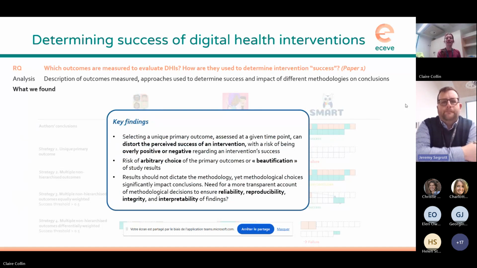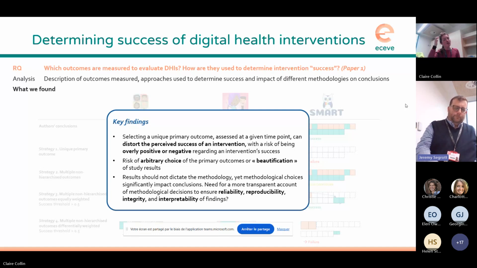So I'm not saying it's not good. I just said that you can be saying it's a really good intervention because you changed this unique primary outcome and all the other outcomes did not change at all, or actually being really negative because you were really good on all the other outcomes except your primary outcome. But how did you choose this outcome? Was it arbitrary? To which extent is throwing all away just because the primary outcome is not improved also good